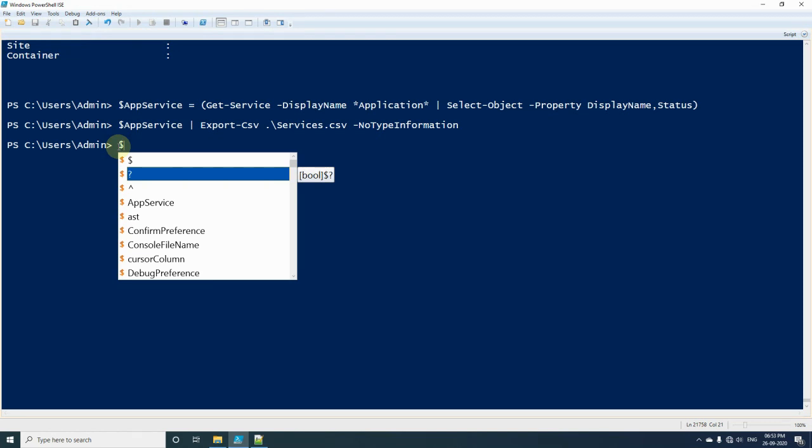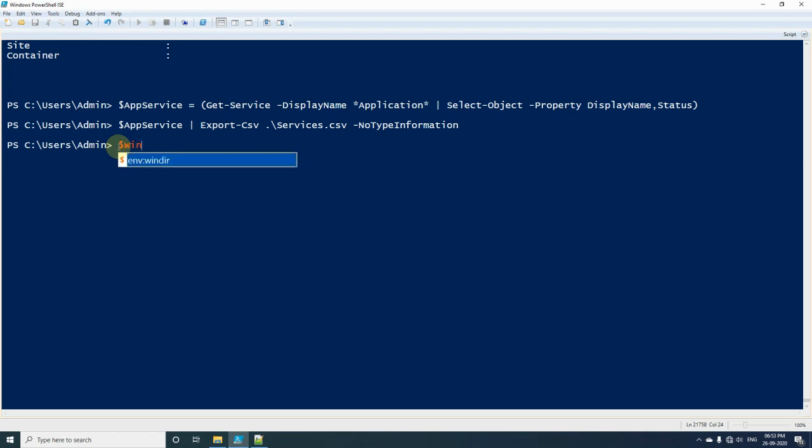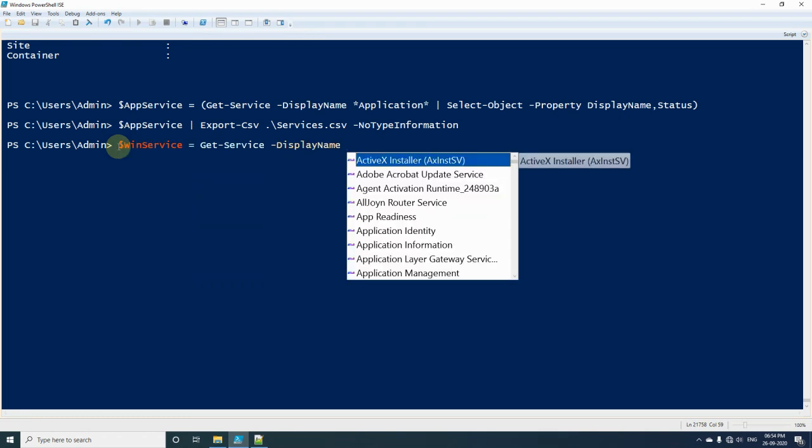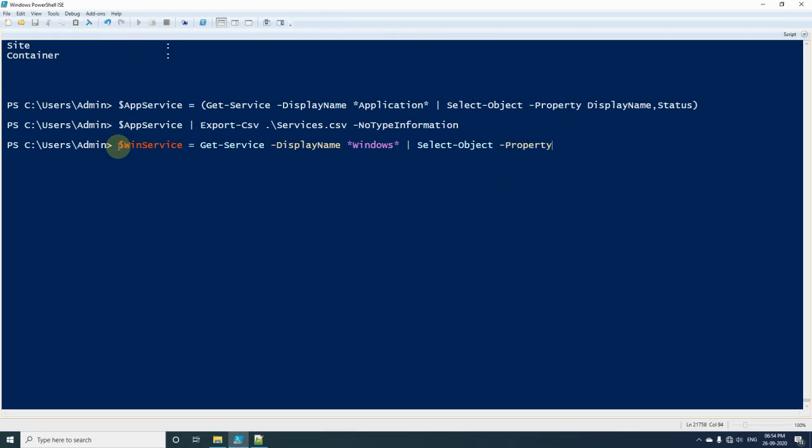This time we are using a different variable name. I have executed and got the services, and they have been stored into this variable.